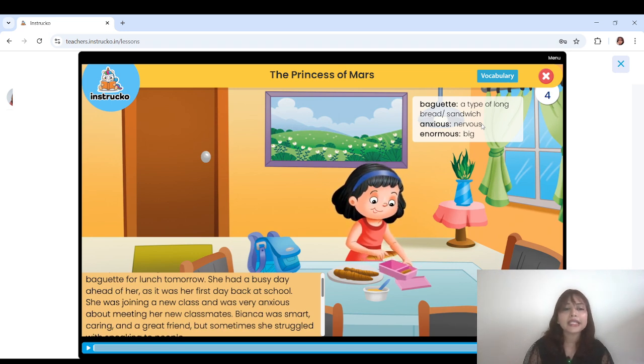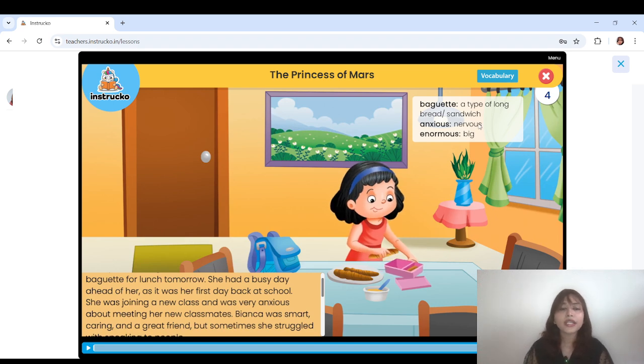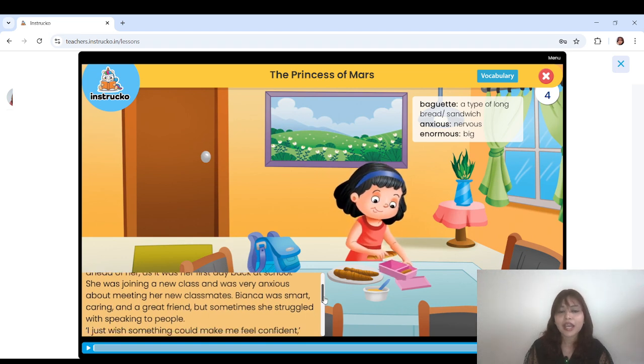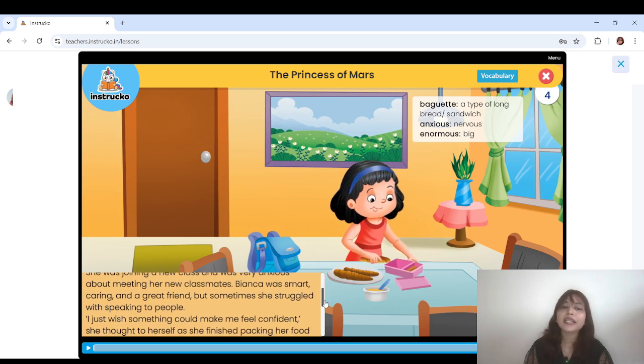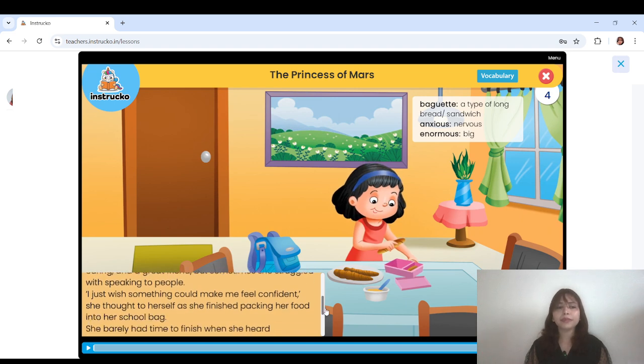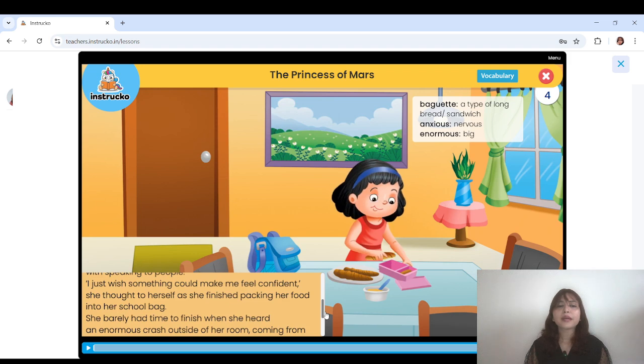She had a busy day ahead of her as it was her first day back at school. She was joining a new class and was very anxious, very nervous about it, like meeting her new classmates. Yes, Bianca was smart, caring, and a great friend, but sometimes she really struggled with speaking to people. I just wish something could make me feel confident, she thought to herself